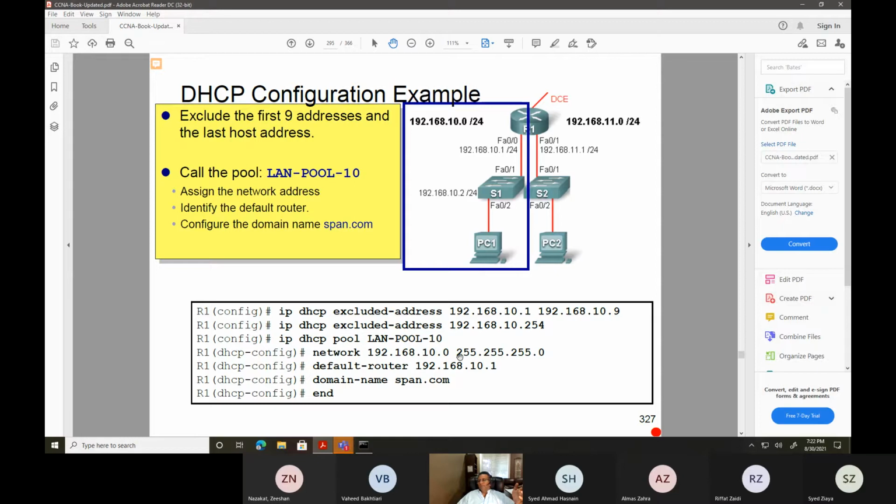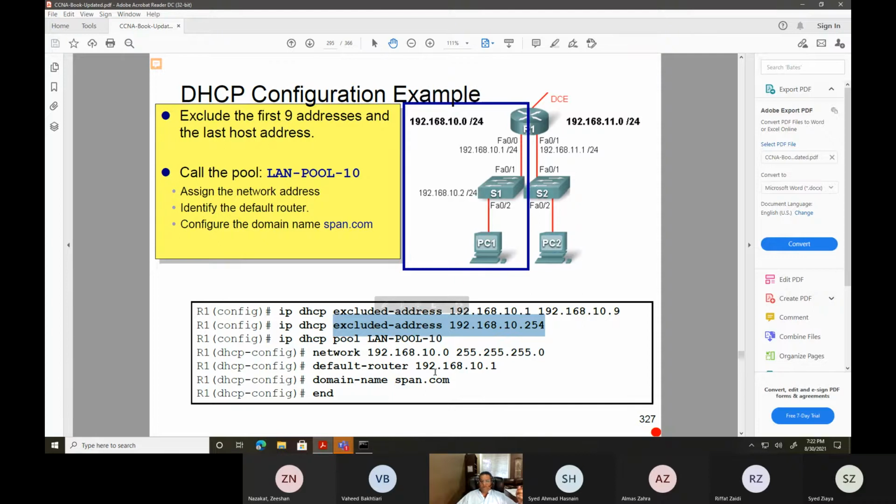Network is 192.168.10.0/24. So your range can have 192.168.10.1 to 192.168.10.254. So you can have 254 IP addresses, but out of those 254 IP addresses, you're blocking away 10 IP addresses from 10.1. If it's in the sequence, then it's fine. Then we can write it like this, which means from 10.1 to 10.9. And this is 10.254. Because this is not in the sequence, you have to put a second line here.